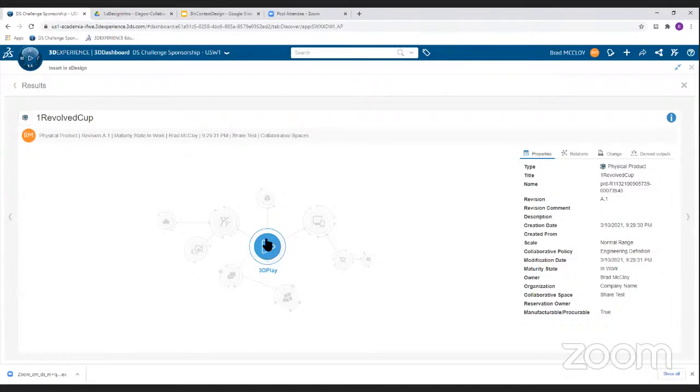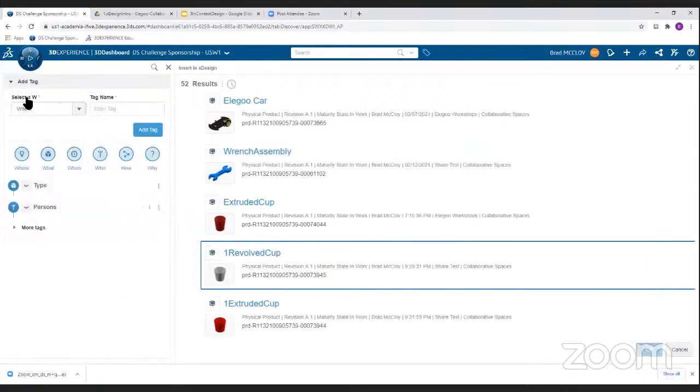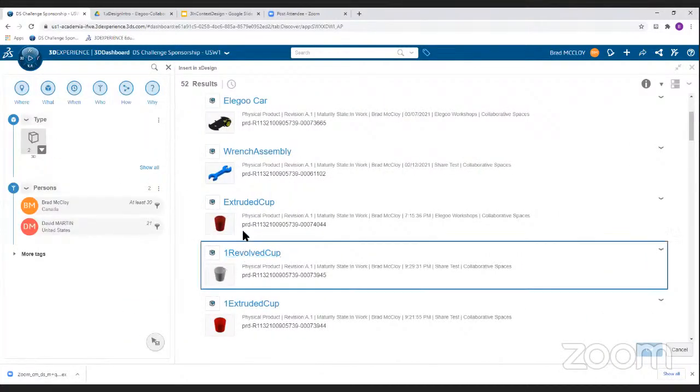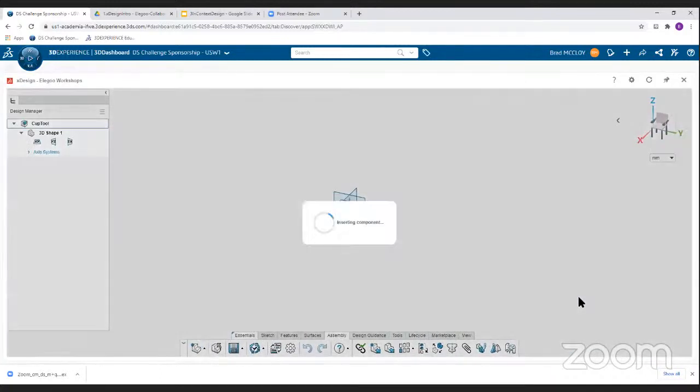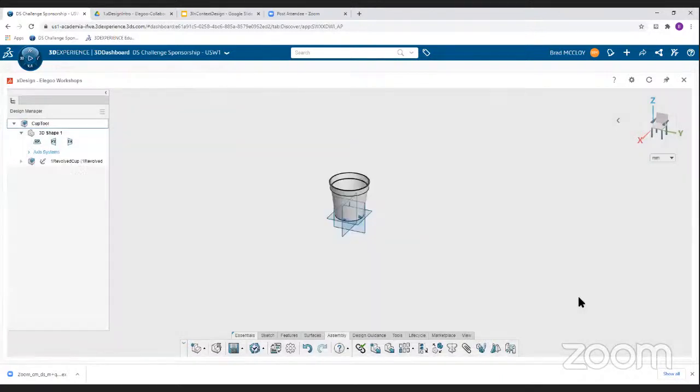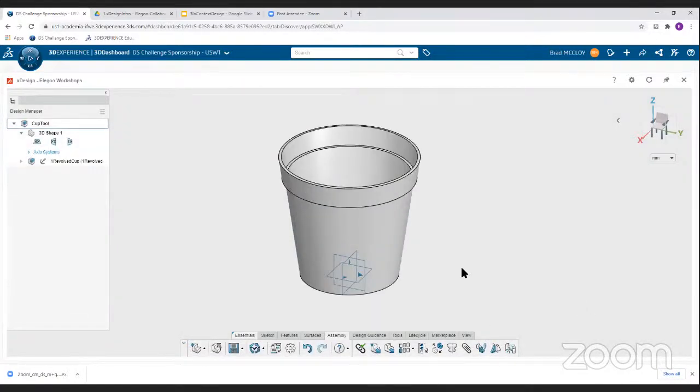If you notice, it opened up with 3D Play because I clicked on the text. So if you click on the text up here, it opens up with 3D Play. But what you want to do is click on the image and then say OK. That will insert the cup. So if we give it a sec, you can see we now have a revolved cup that's inside the cup